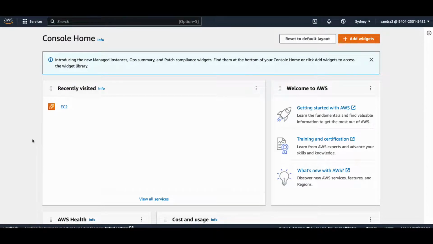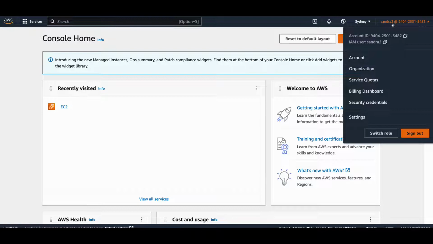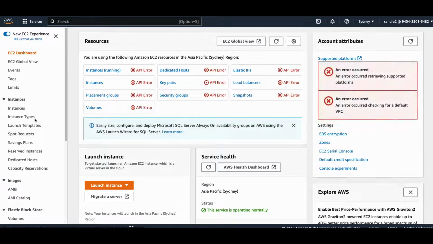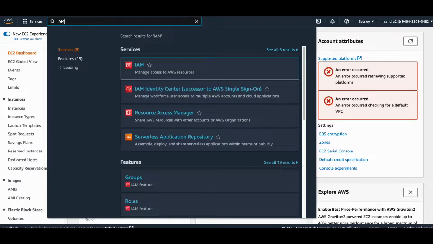I'm back in my AWS console. This time, as you can see, I'm logged in as sender2, the second user I created. John created this sender2 with the permission boundary attached. So let's try to access EC2. Right, as you can see, we get an API authentication error. You cannot access EC2 as user sender2 because sender2 has a permission boundary attached. Now if I try to go to IAM,